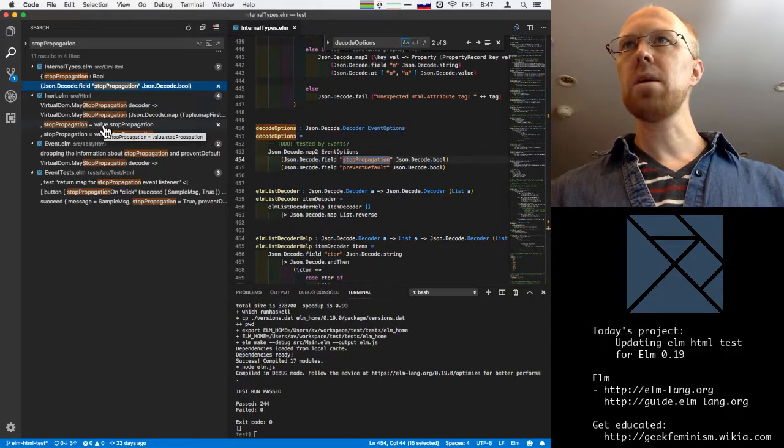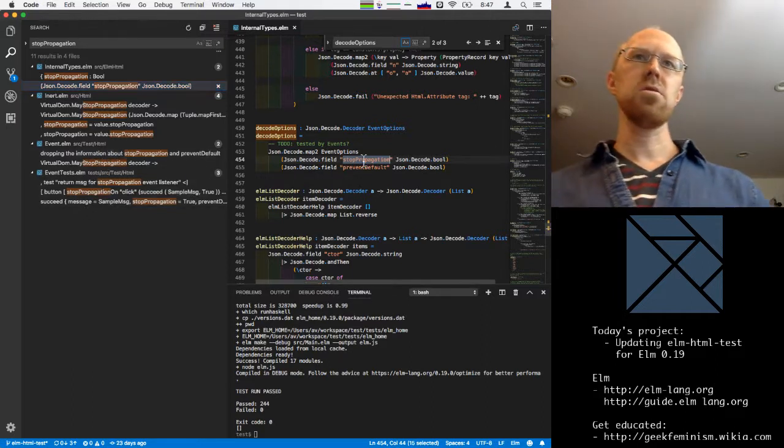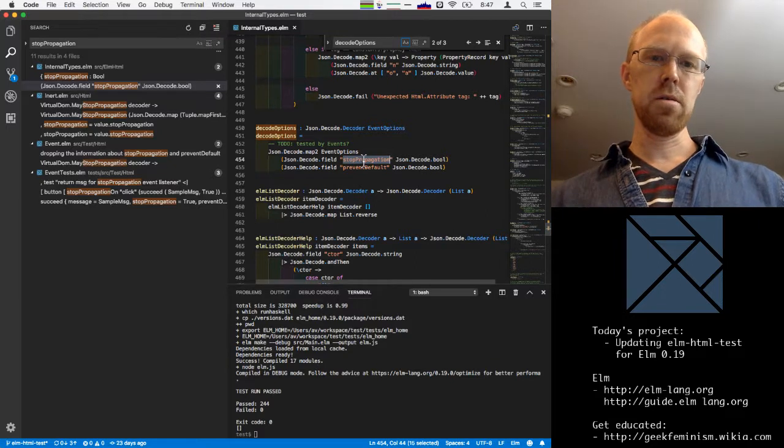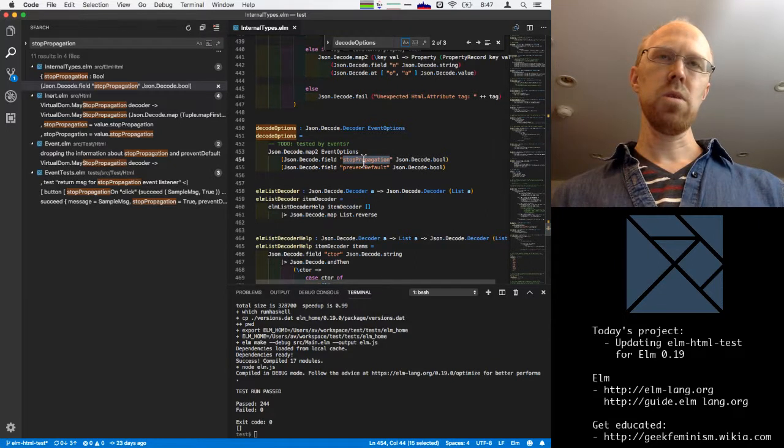Value stop propagation and event. Dropping the information in stop propagation. Oh, right. Okay, so we learned, this was a few streams back, we learned that we don't need to decode